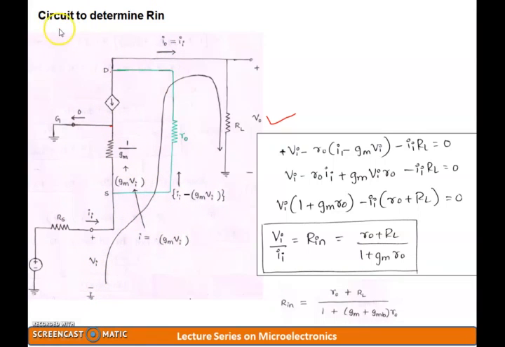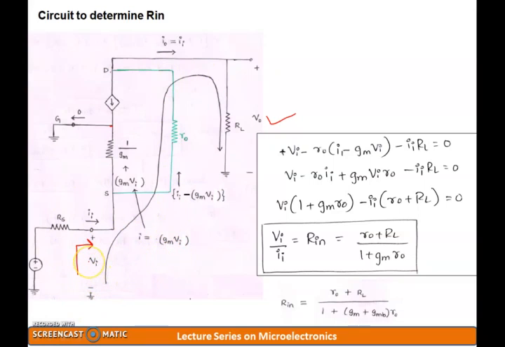For example, if I want to determine the input resistance, then I need to understand where my input voltage is. Look over here, here is your input voltage, which is Vi. Now from this input voltage, what is the resistance that you can see? If I just peek in over here, the resistance I can see is not as simple as what we did with respect to the common source amplifier. I can see a lot of resistances, and the current also travels through different paths. So in order to get a firm value of input resistance, I need to trace the input current.